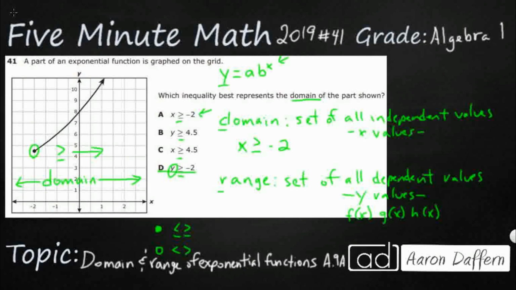And you're thinking, where's that 4.5 come from? Well, that's going to be your range, right? So remember, your range is your up and down. And so this right here is at about that 4.5 y value. And then it just simply goes up after that. So the range would be y is greater than or equal to 4.5, but we don't need that. We're looking for A. That's our